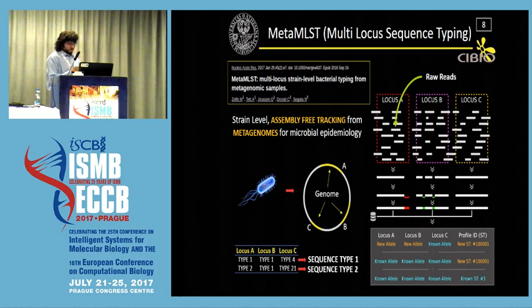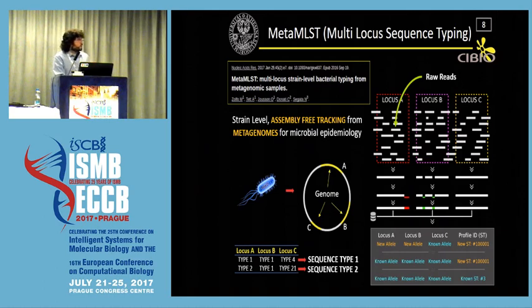And the way MetaMLST types is basically to look at specific variants of hypervariable loci, and it assigns a unique identifier to each